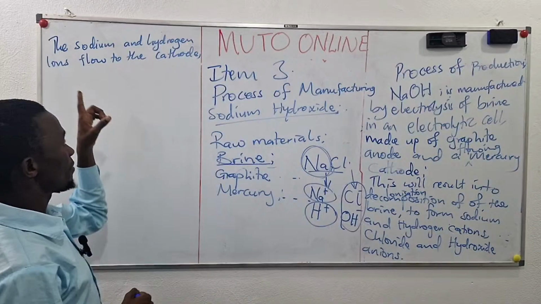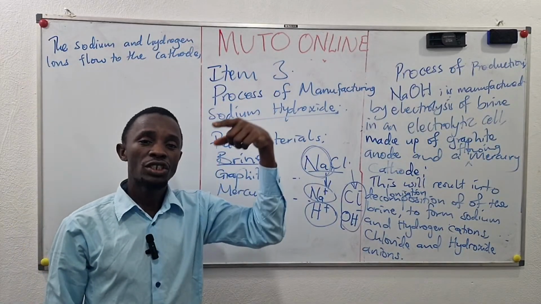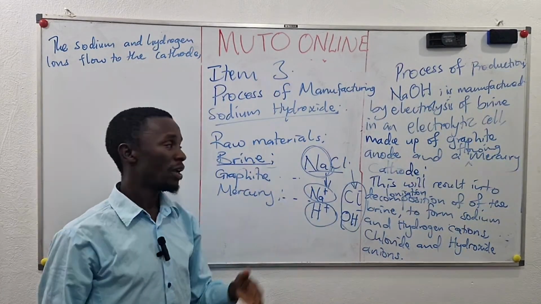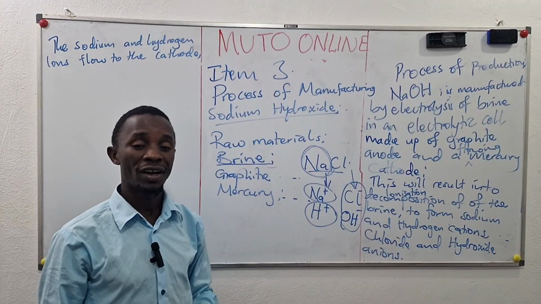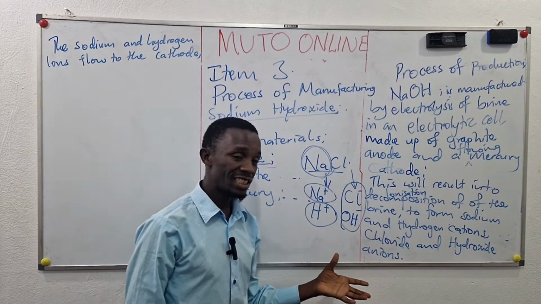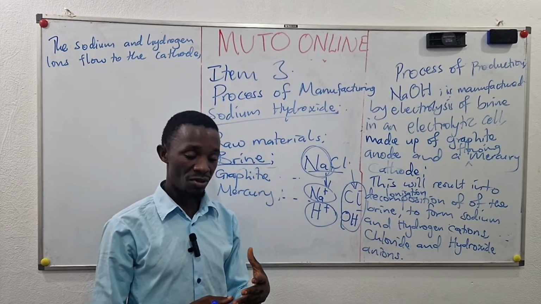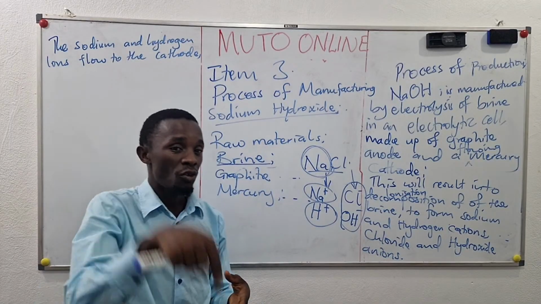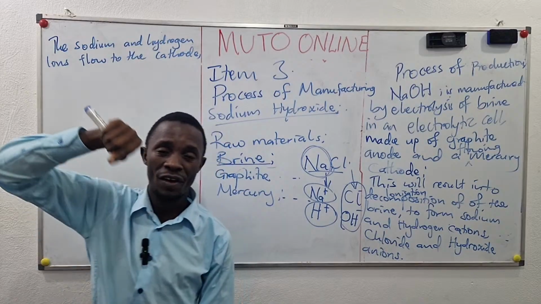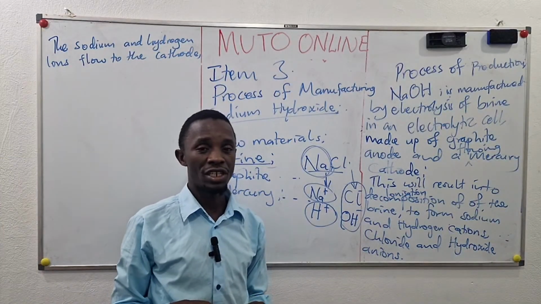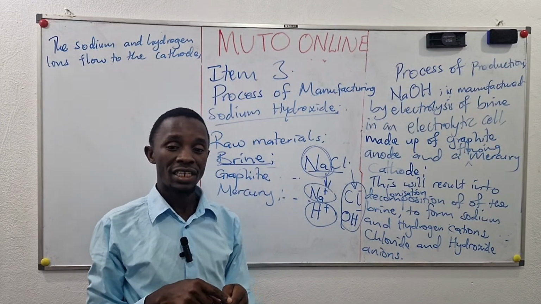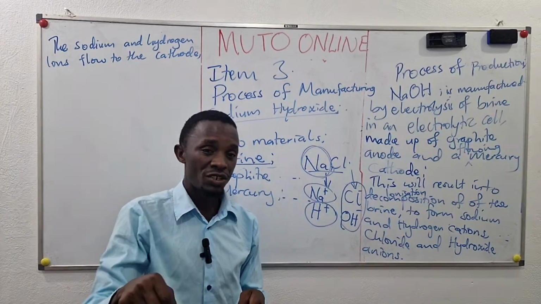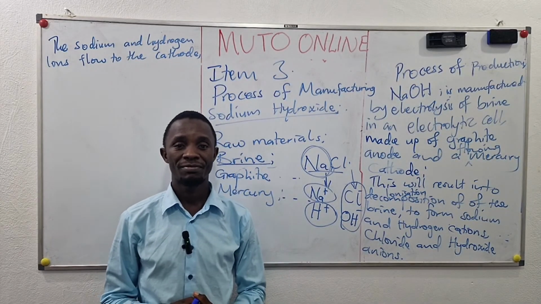But we also looked at the properties that determine the choice of discharge of which ion. The choice of discharge depends on a number of factors, where we looked at the nature of the electrodes. Remember, we looked at the concentration of the ions, and we said that the ones that are more concentrated are discharged in preference to the ones that are less concentrated in solution. And we also looked at another factor, which was the position of the element or radical in the electrochemical series